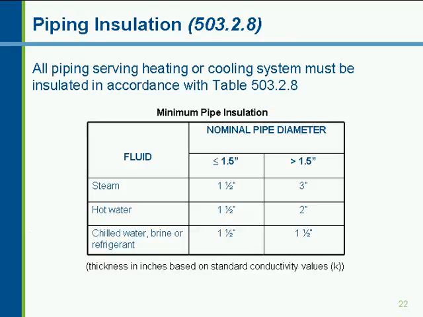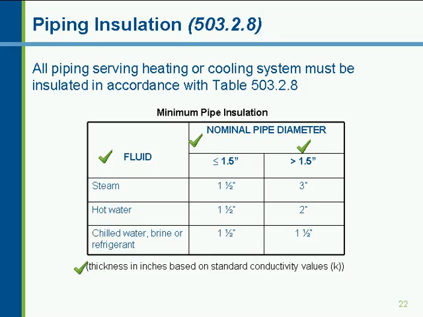There are requirements for piping insulation, and this is all hydronic systems. Heating and cooling piping systems must be insulated according to the values in the table shown below here, and those values are dependent on the diameter of the pipe, less than or equal to 1.5 inch pipe and greater than 1.5 inch pipe, and also the type of fluid that the pipe is conveying: steam, hot water, chilled water, brine, or refrigerant. And then within the body of the table, it gives you the pipe insulation in inches. And this is based on a standard pipe insulation with standard conductivity values. If you use